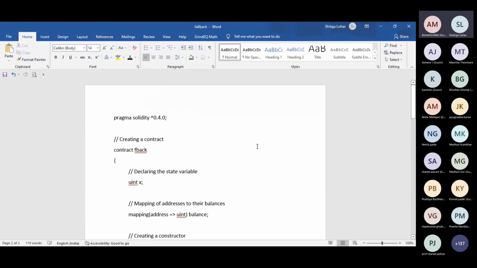So is the Word document visible? Yes, ma'am. Thank you. So